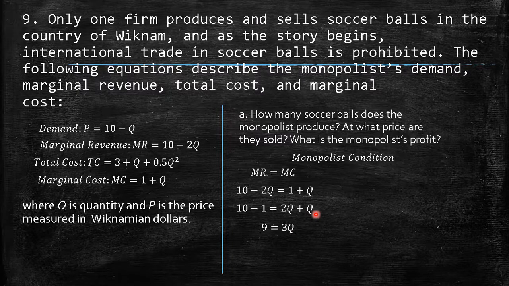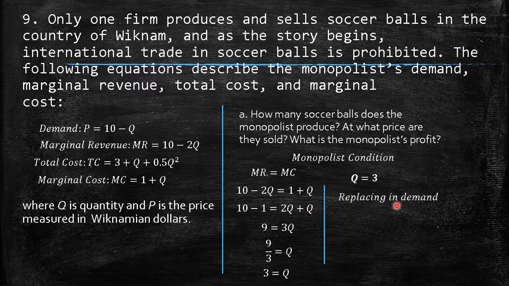So we have 9 is equal to 3Q, and then I just divide by 3, Q is equal to 9/3, and then we have Q is equal to 3. This is the monopolist quantity that maximizes the profits. Then we should replace that 3 in the demand, which is P equal to 10 minus Q. Then it should be P equal to 10 minus 3,